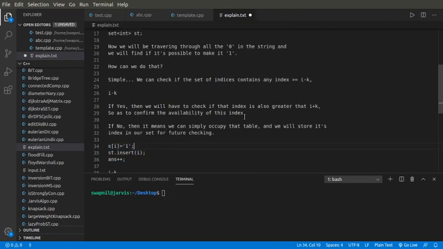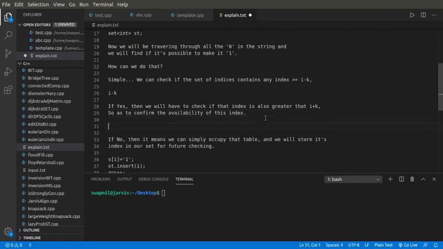And if we do have some index which is greater than or equal to i minus k in the set of occupied indices, then we have to check if that index is also greater than i plus k. If that index is greater than i plus k, then the unoccupied index can be filled with 1.